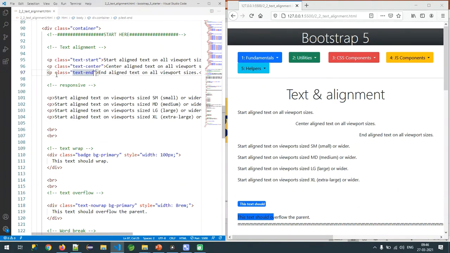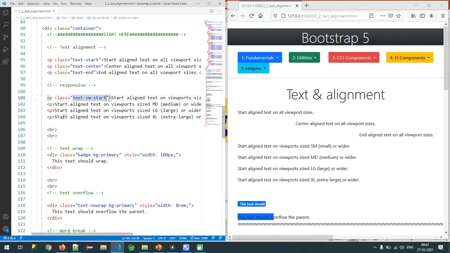So this is possible for all devices. Right now this configuration is for all devices. Sir, my requirement is I want to align the text for small devices as well as larger ones. So you can use the responsive infix also. Observe, start.